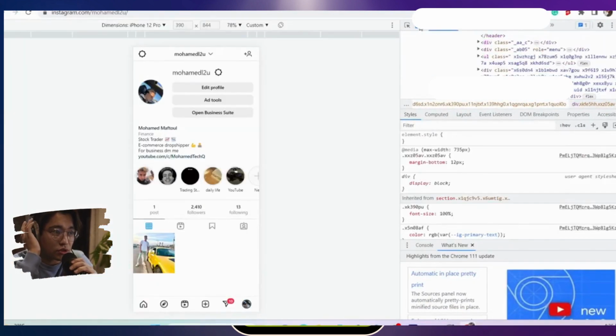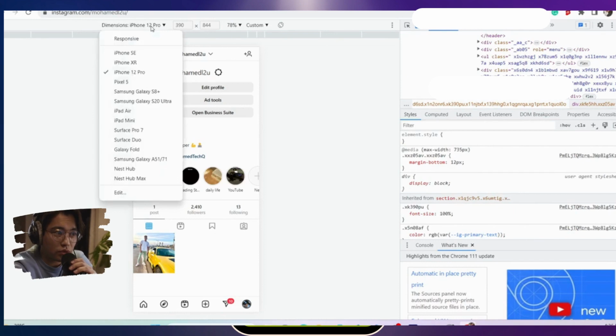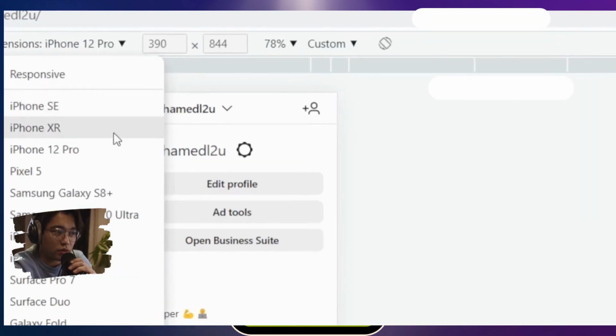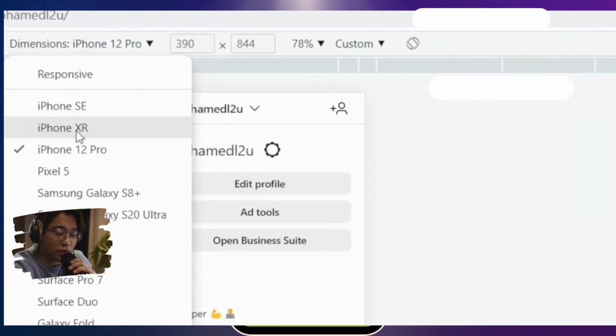Make sure it's blue. Okay, now after that, what you need to do guys, next you want to click on here, as you can see in the top left, and select a phone. I'm going to go with this iPhone. Okay,